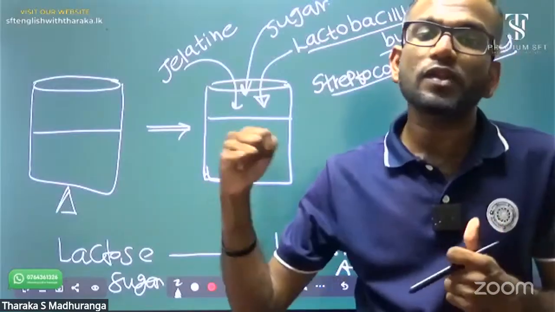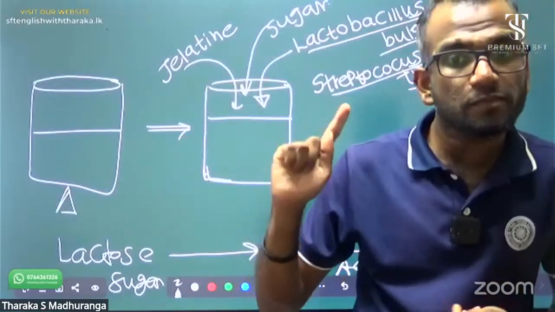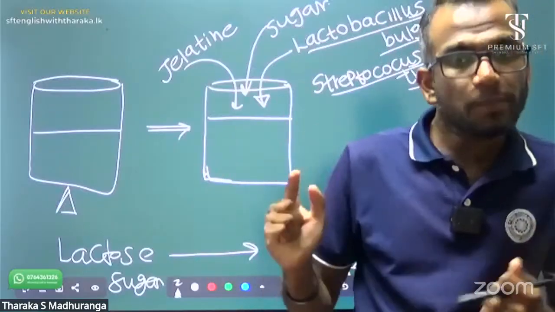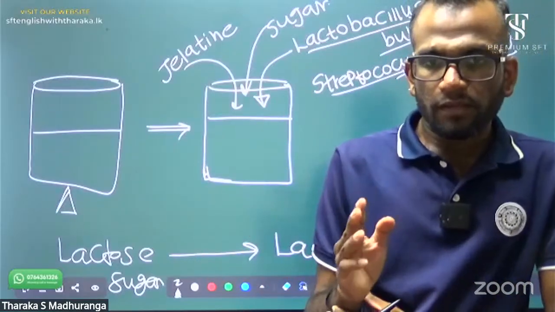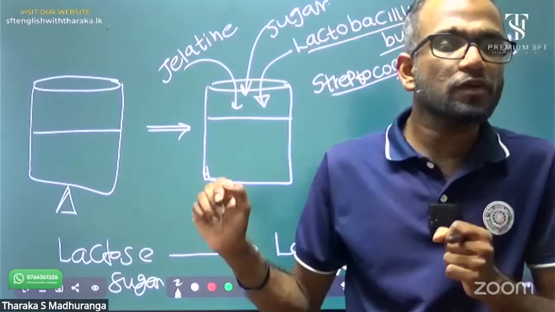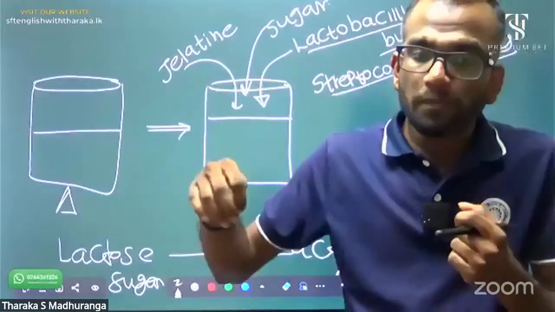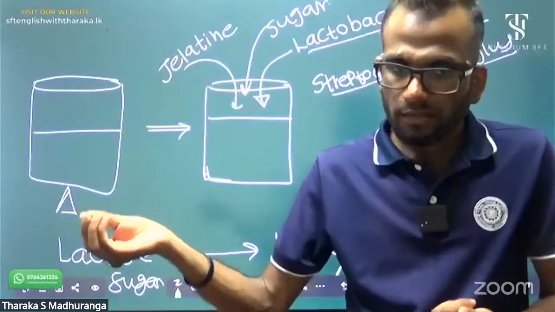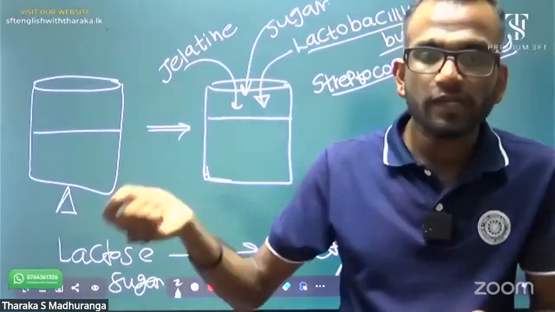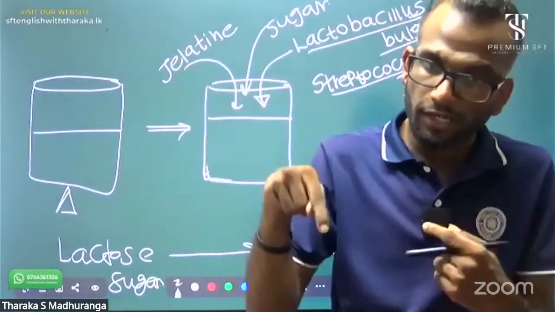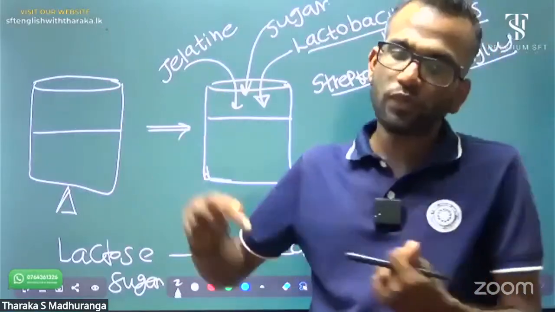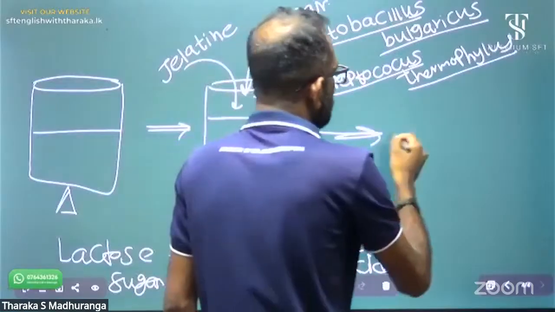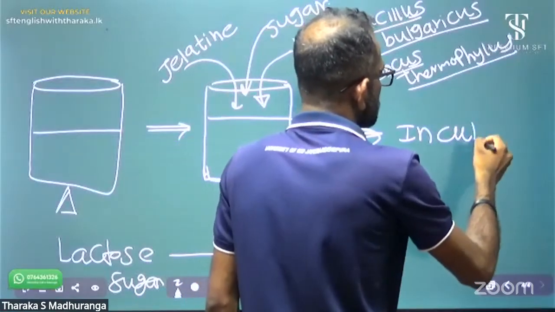Why? Curd contains only Lactobacillus types, but now we need a special culture for yogurt production: Lactobacillus bulgaricus and Streptococcus thermophilus. These live in an already prepared yogurt sample. Then we take a spoon of yogurt to introduce the bacteria, and add gelatin and sugar in the required amounts. Finally, the incubation is the same as before.